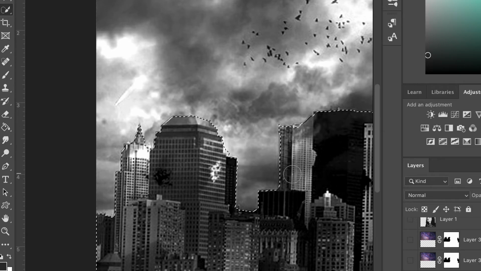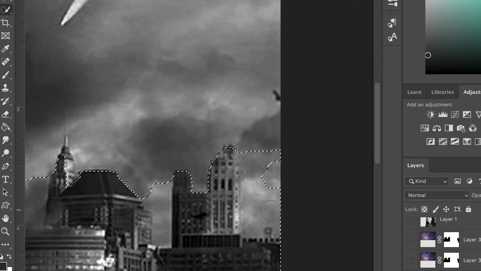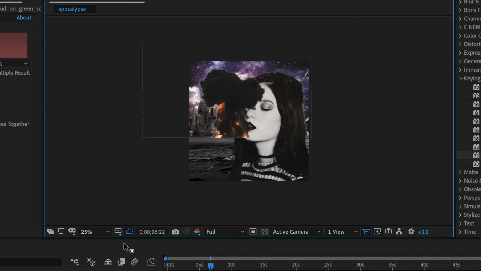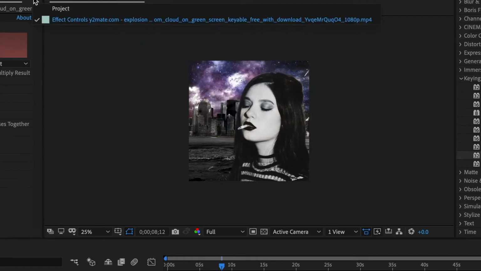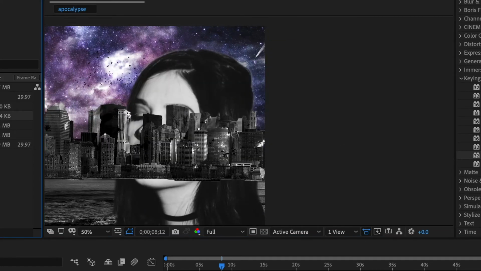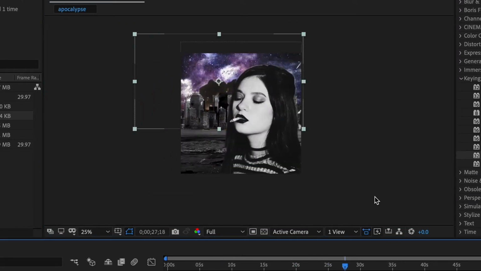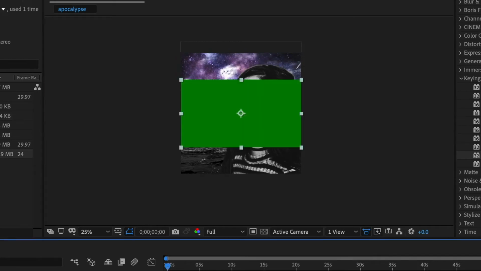So really I should have from the beginning made a perfect mask of the city building, because I wound up doing that later. That way I could make it look like the buildings are in front of the explosion. But you can see from this video footage, this was a very experimental animation. So I kind of just figured it out as I went along. I wound up making the portrait of the woman a separate PNG layer as well. That way I can really layer different video effects on top of different areas of the animation.